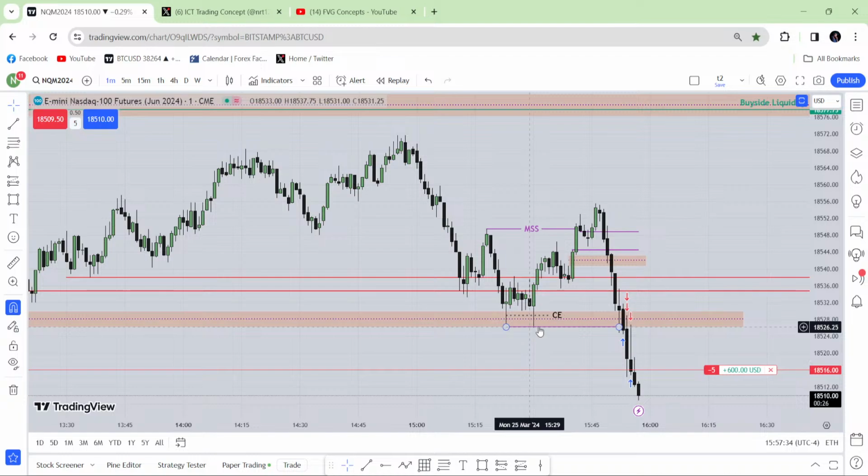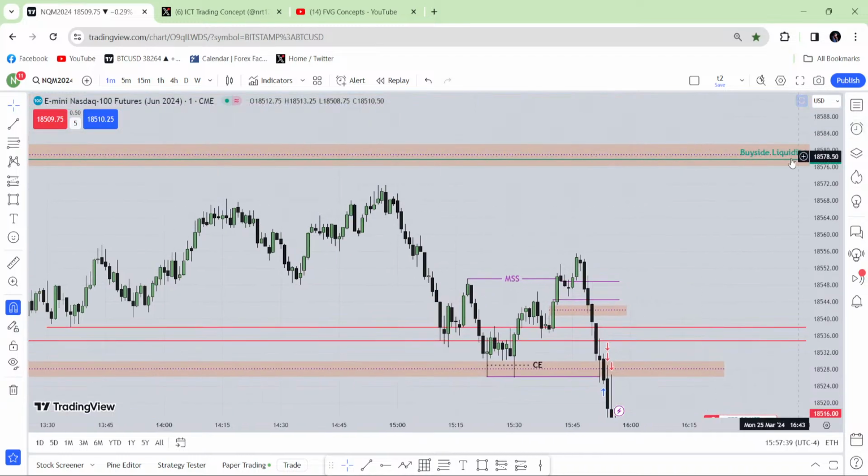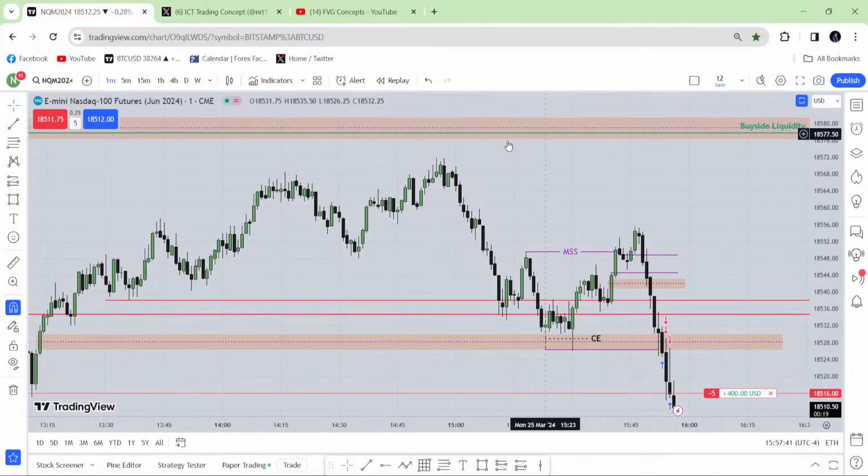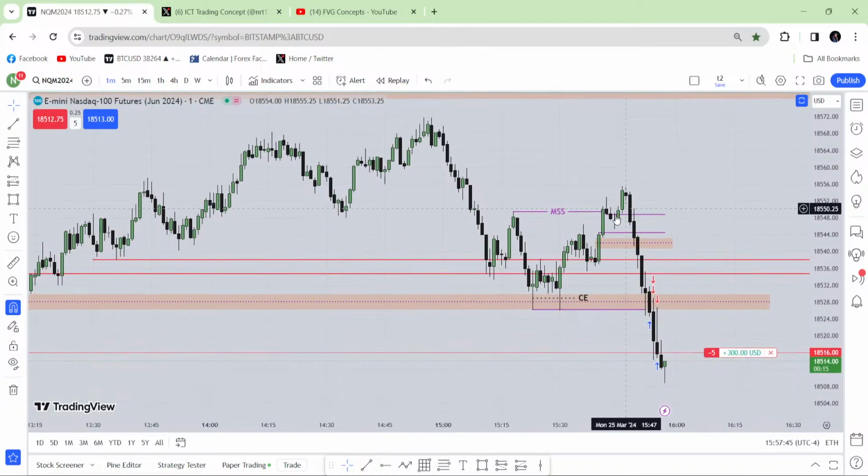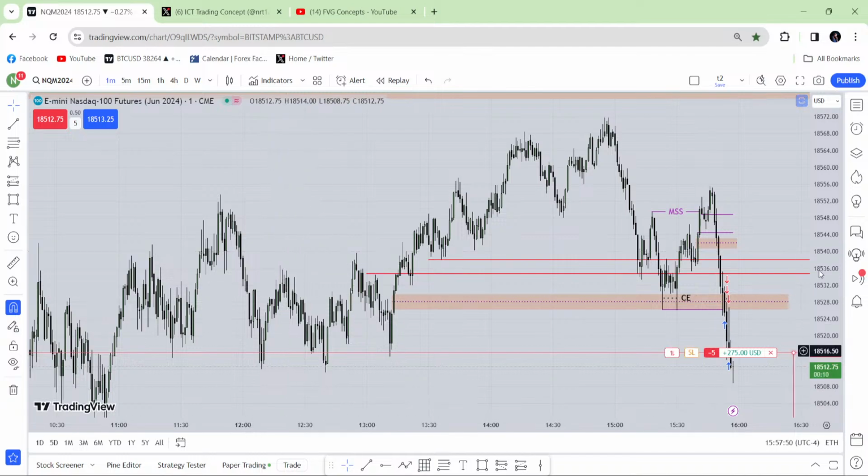Now here I'm absolutely wrong. I was thinking that market will take that thing. I was waiting for a setup, but there was no setup. In my opinion, that was the perfect setup, but it was very near to closing the market. So I'm not interested in taking that entry. Otherwise, no setup until now. No setup at all.